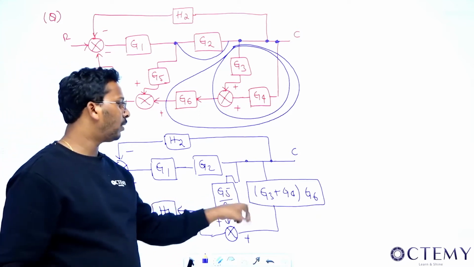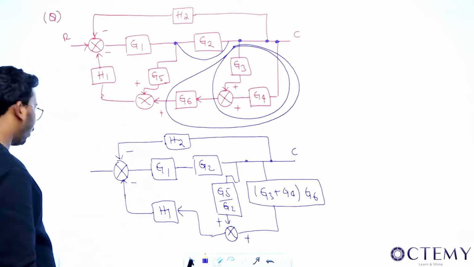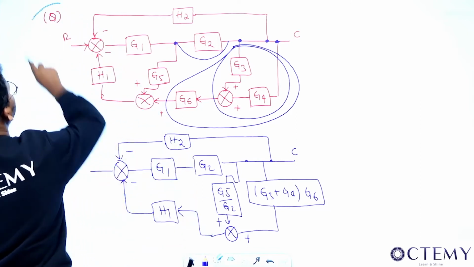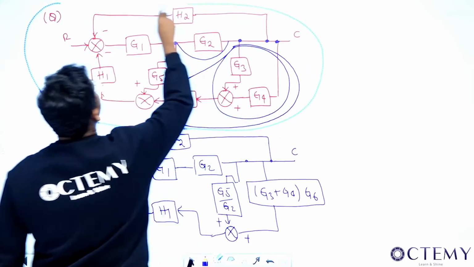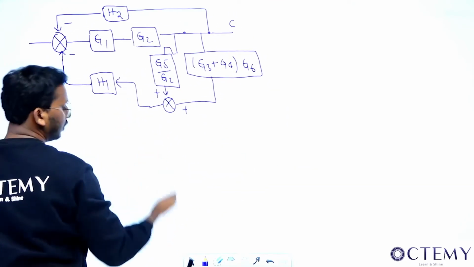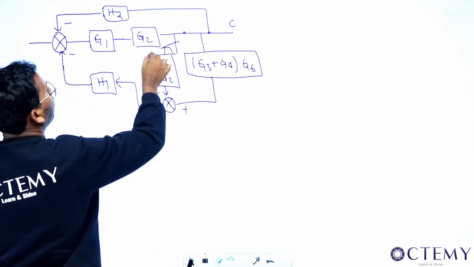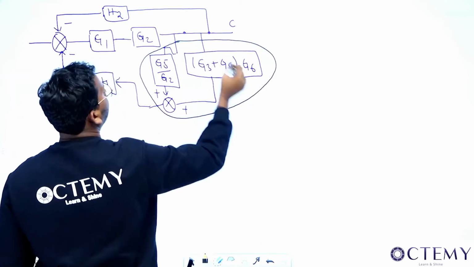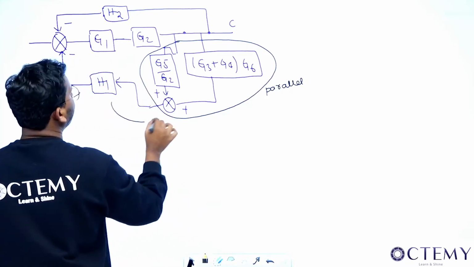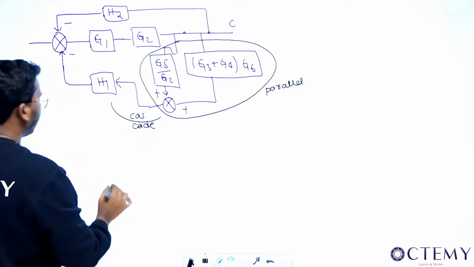Now see, sir, these two are also in parallel, isn't it? Because this is getting added to this and this is multiplied with this. So see, sir, what will happen in the next slide? In the next slide, it will become like this. Just rub this fellow and move this fellow up. See, sir, what will the output become now? These two are in parallel, and these two are cascade.